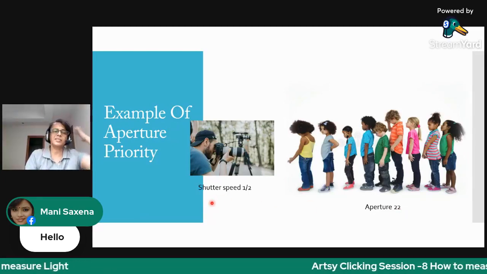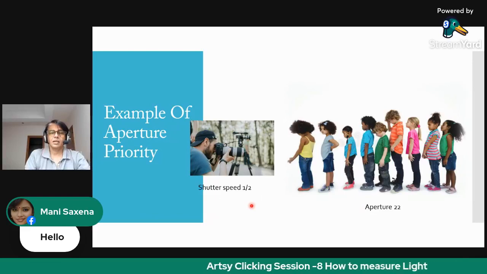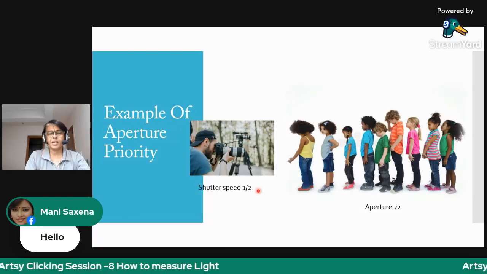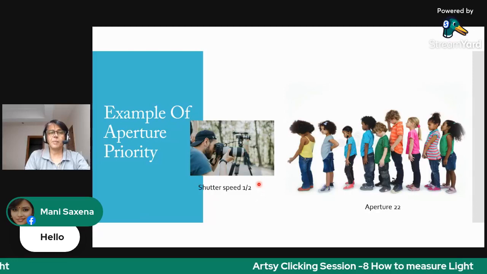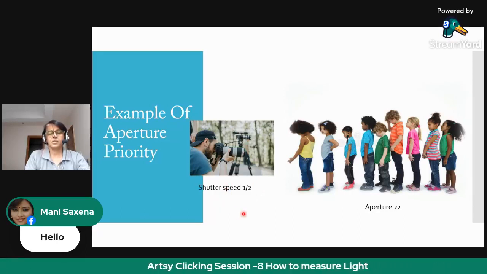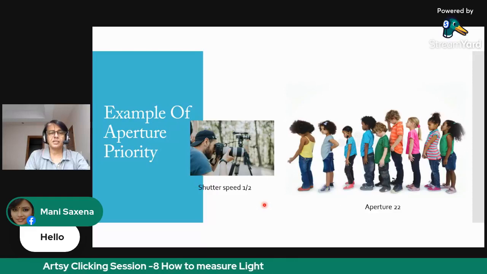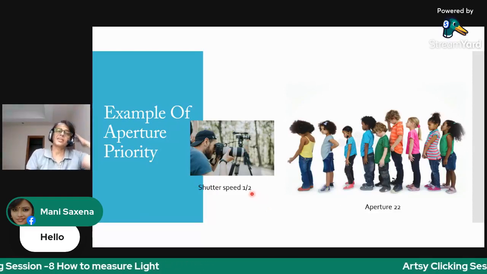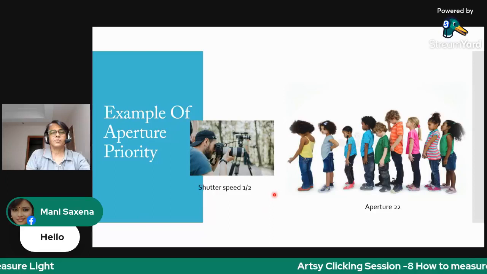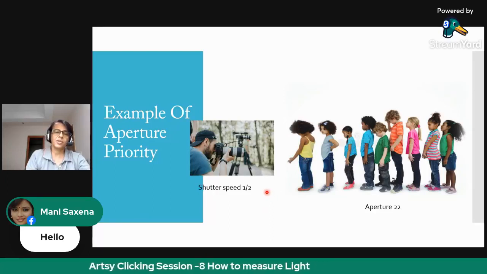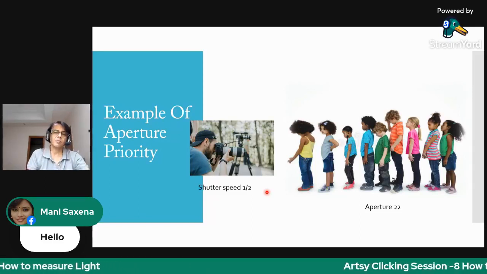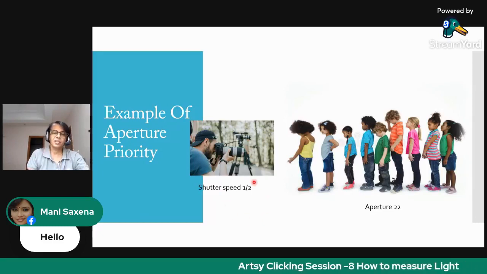Now the camera will adjust the shutter speed to a much lower speed, that is half, 1 by 2. And this will introduce camera shake if your camera is not on a tripod. As we discussed in the previous sessions, if you know the focal length at which you are shooting, 1 by that focal length should be the shutter speed to avoid camera shake. So here you need a tripod,